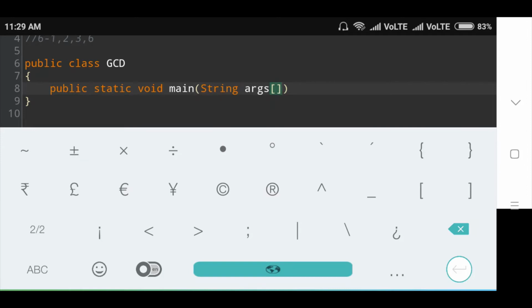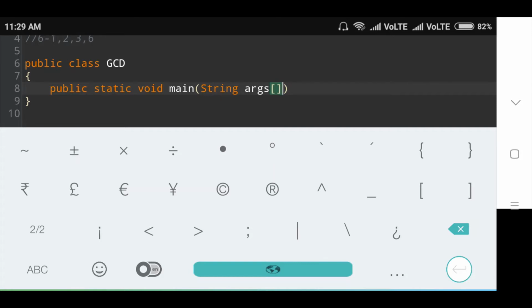Here public is an access specifier which allows the main method to be accessible everywhere, and static helps main method to get loaded without getting held by any instance or object, and void clarifies that the main method will not return any value, and main is the name of the method.